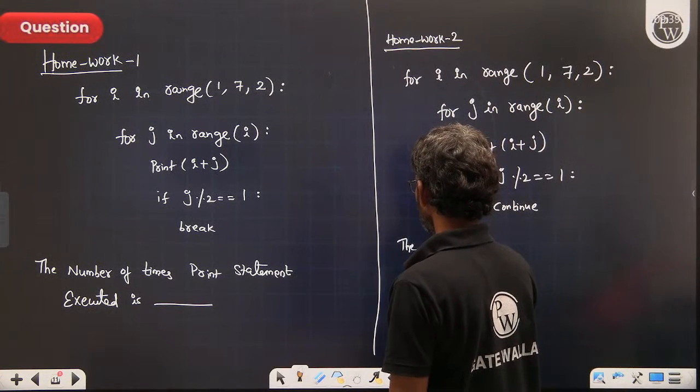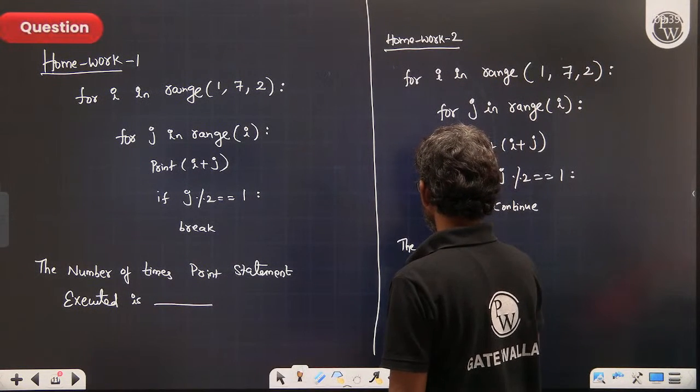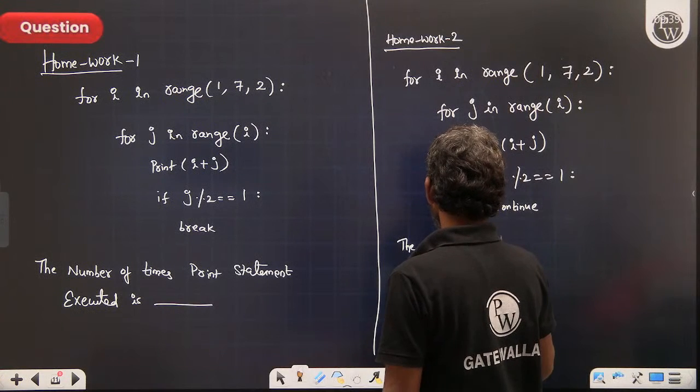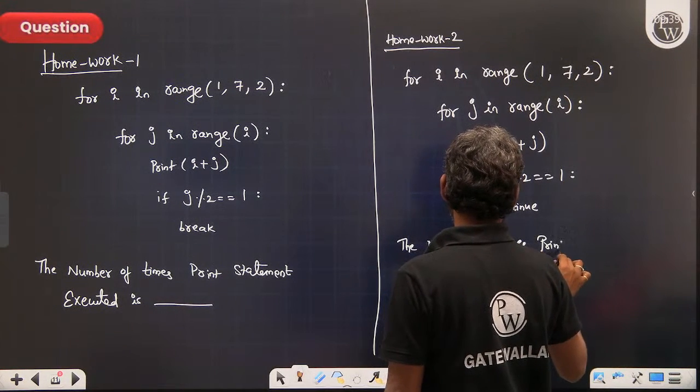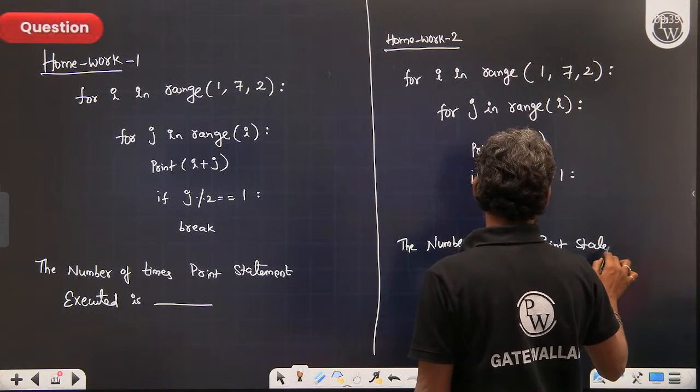Same program, just I replaced break with continue. Question is also same. The number of times print statement executed is